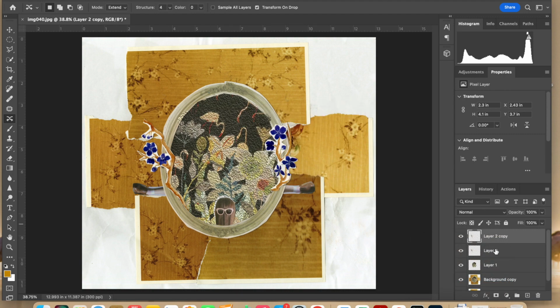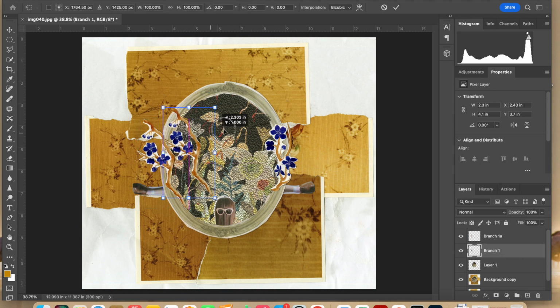And to make it a little bit easier, I can actually rename these layers. So I'm just going to call it branch 1, branch A, because after a while you'll see millions of layers and you won't know what layer you're talking about or what it is. So I'm going to press Command T or Control T for branch 1 and I'm just going to